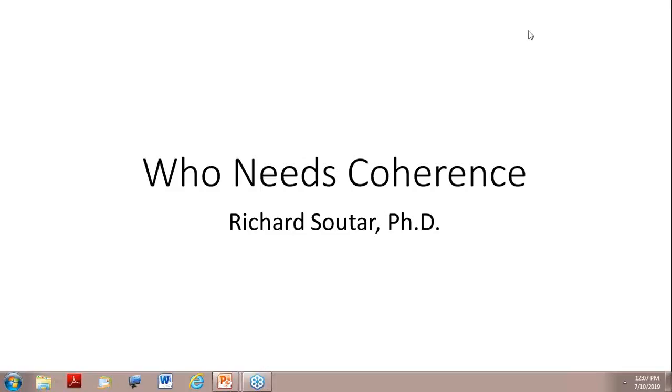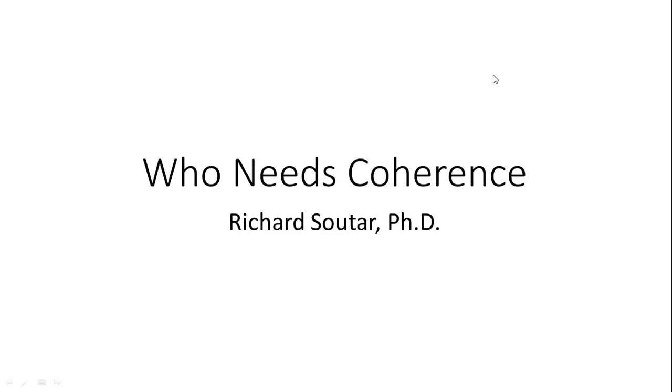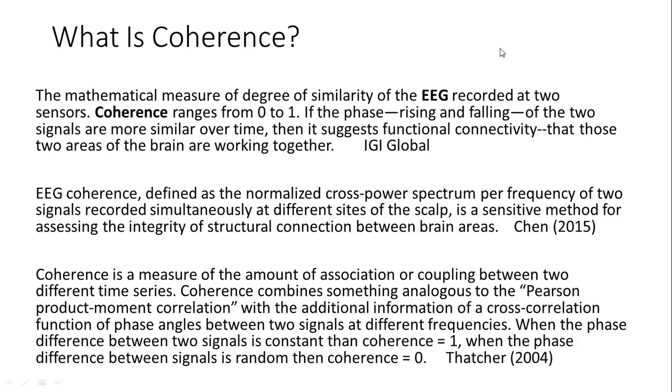So what I want to do is just explore basically what it is, how you might use it in terms of QEEG brain mapping for purposes of neurofeedback, not for medical diagnosis, and what it can bring to the table when you look at a map in terms of added information, added value. Okay, so let's start off with what is coherence, the toughest question.